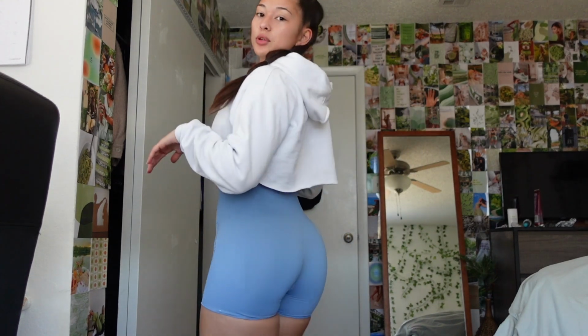Usually I'm a size small in Women's Best, but I don't know if I've just been getting thicker or what, but the small has not been working, so I think I'm going to need to size up to a medium. So these were small, and I was like, okay, maybe if I cut them into shorts, they'll be more comfortable and easy to put on, and they are. So I cut them into shorts, and I hope that they make short options of these, because these are super